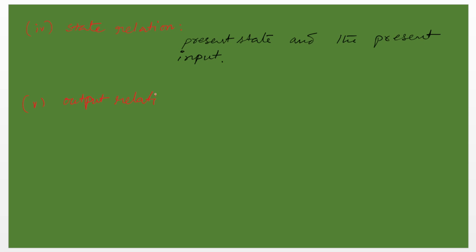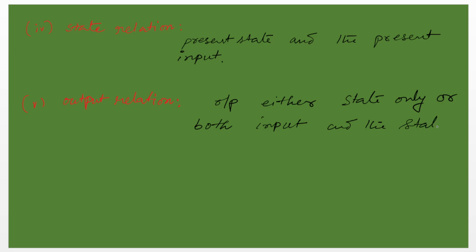Output relation. Now this output is related to either the state only, or both the input and the state. For example,